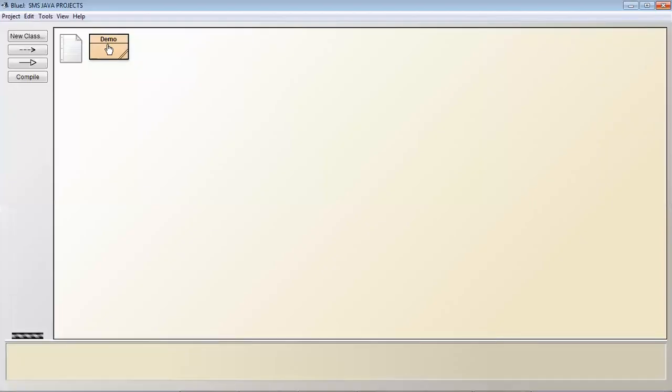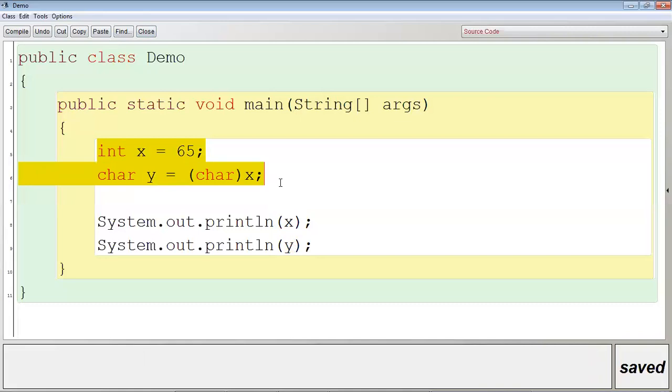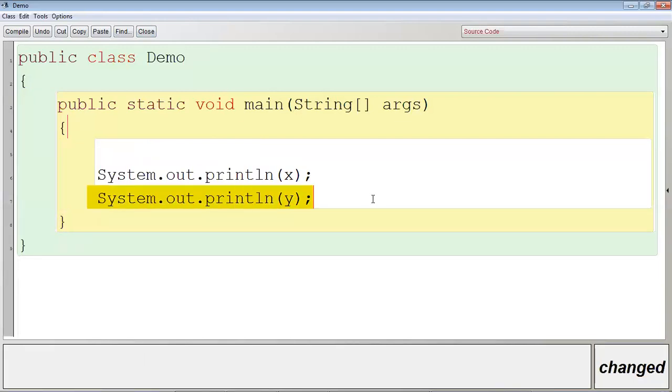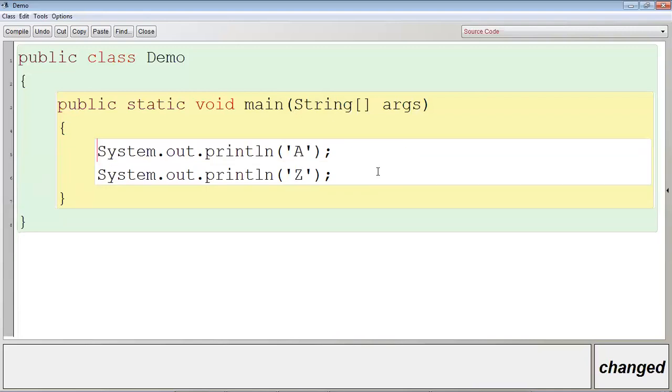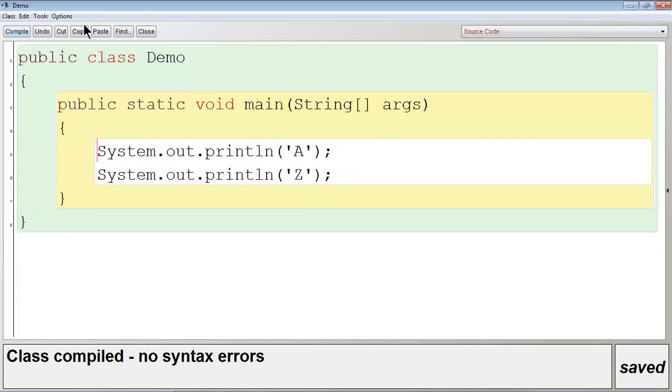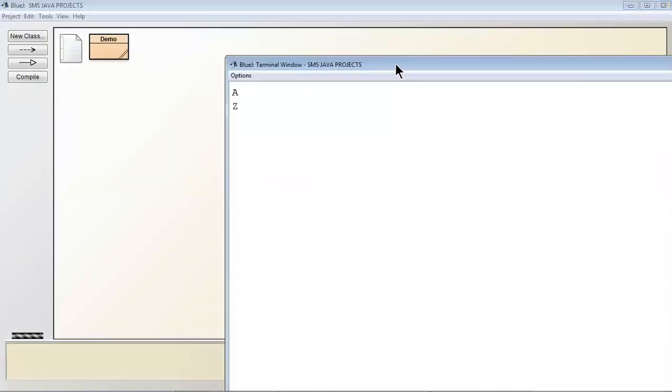Clear? I want you all to practice this many times. Now let us check: what is the ASCII code of capital A and capital Z? How to check this? You don't need to write this again and again. In the System.out.println only, you can write. Suppose I write character A, and within single quotes character Z. The output I will get is A and Z only. It is very important. I got capital A and Z.